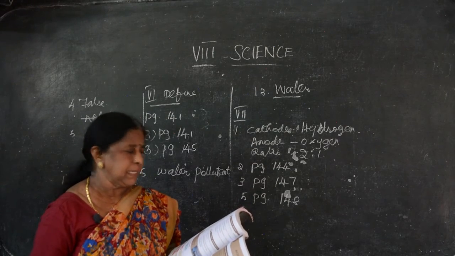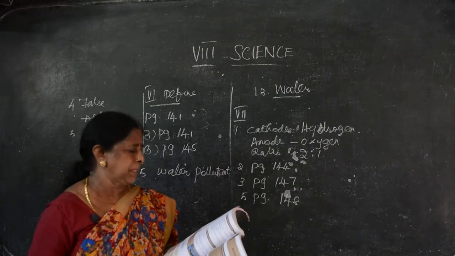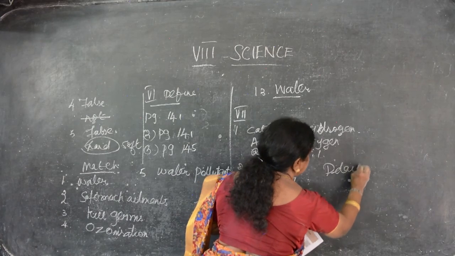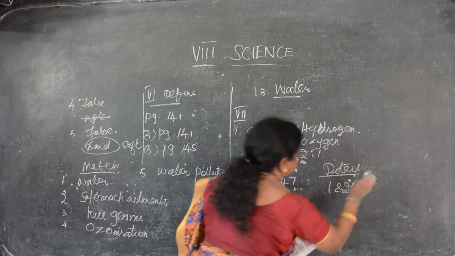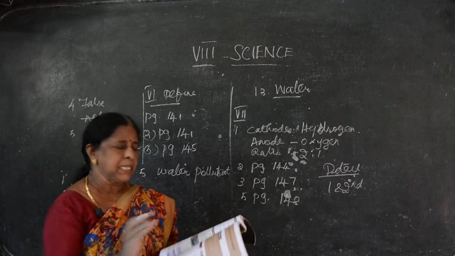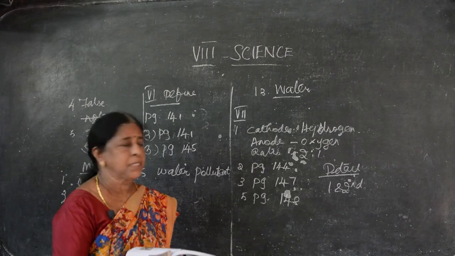And detailed answer I gave already. The first detail and second detail, third and fourth detail is omitted. So detail, first one and second one, answers I gave. There is no diagram question in chemistry. The physics I gave one diagram question, other diagram question from biology. Okay children, let me continue afterwards.